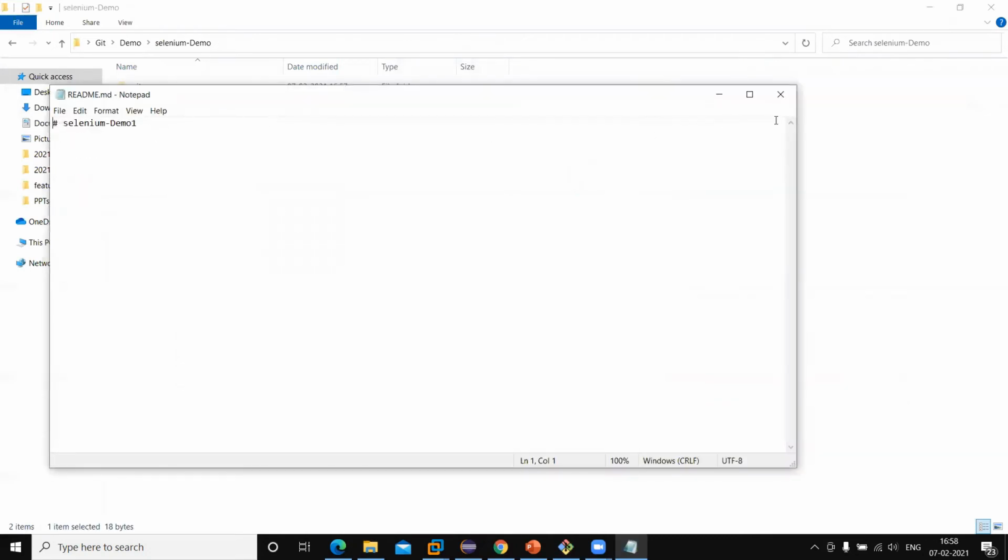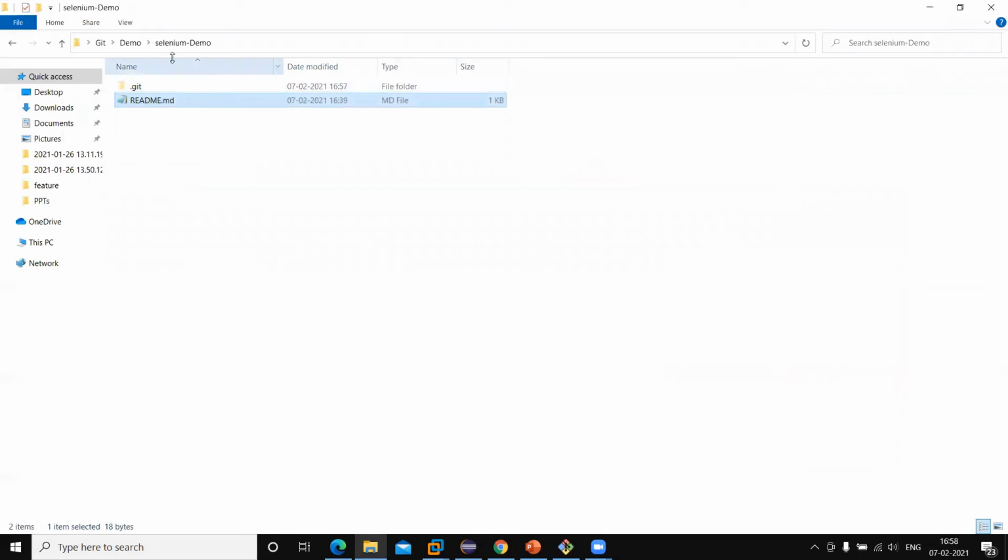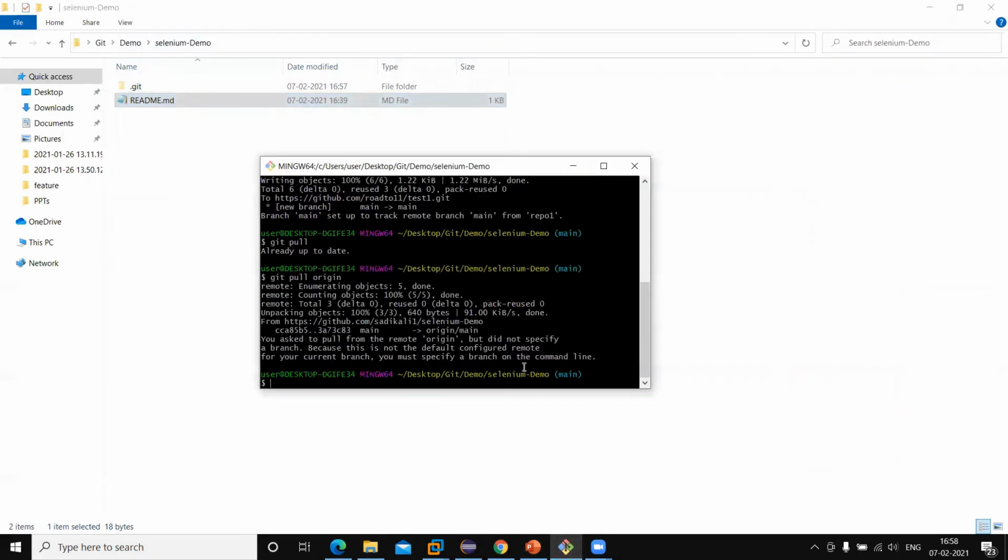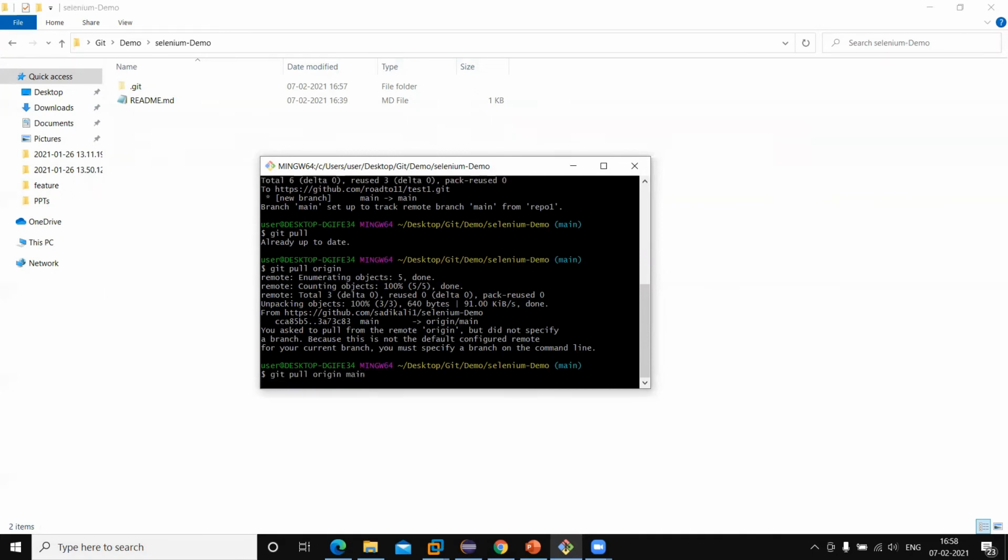Now you can see all the code is downloaded and updated in our code here. If I open this, okay, here you can see the code is not pulled. We need to update it, also mention the branch, and the branch is main.